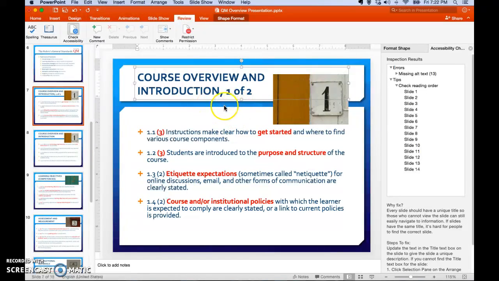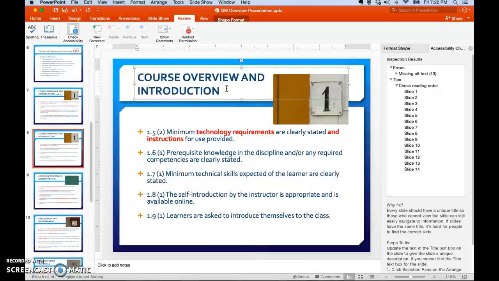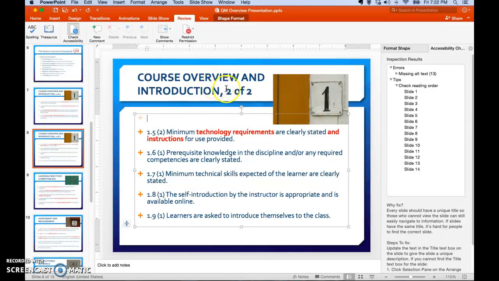You can do that any number of ways, but you just need something different. And if you're going to do that, be consistent in your next slide with your formatting and your labeling. So slide 1 of 2, slide 2 of 2 as regards to the course overview and introduction set. So we still have some missing alt text images to add, but next we have some tips here showing us